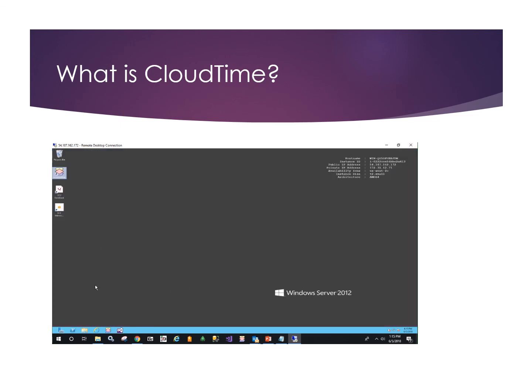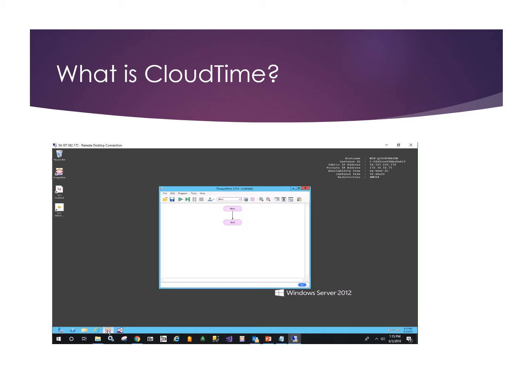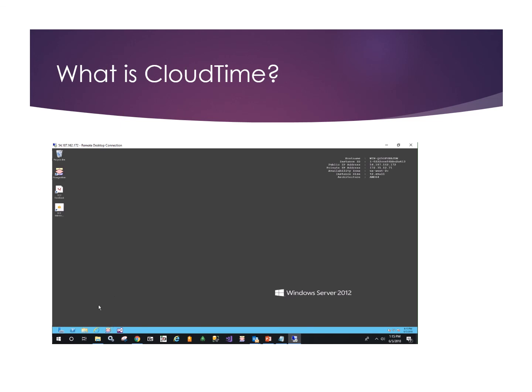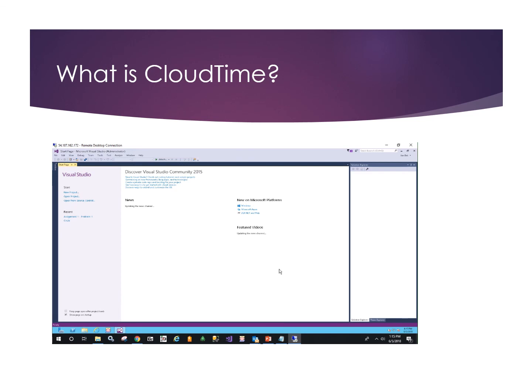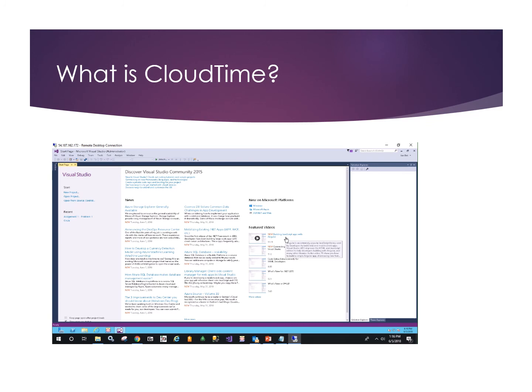So when you first log on, you'll find that you have the applications you need. Typically, I will have docked them to the taskbar. So here's your Flowgorithm, and that's all ready to go. And here is your Visual Studio, and you're all ready to go there, except for one thing, and that is we'll be using Visual Studio Community Edition, and quite likely the trial period will have expired when you come to log on, and so it's going to ask you